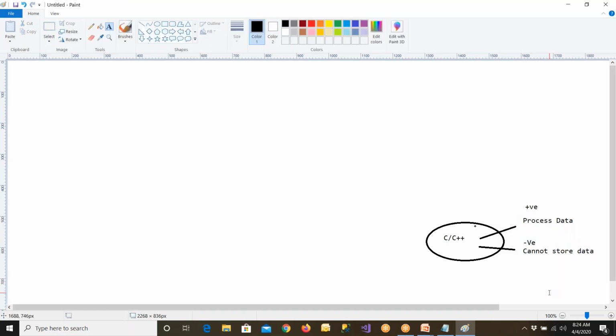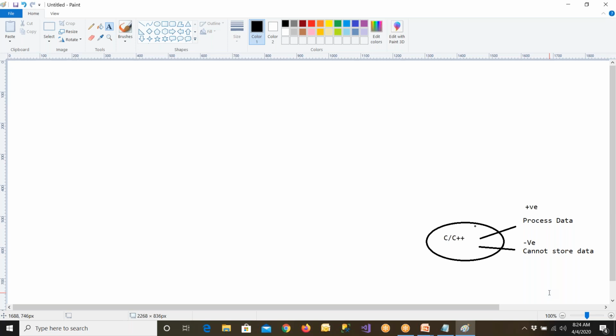Any language you take, C, C++, Java, .NET, PHP, Android, any language, can be used to interact with the computers. That means you're supplying a lot of data to the computers with the help of a language, and these languages are just like English. But what do we communicate? We supply a lot of data. When you supply a lot of data to C and C++, the computer cannot store the data anywhere, or the language cannot store data anywhere.